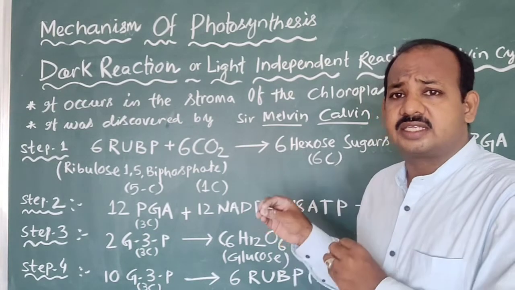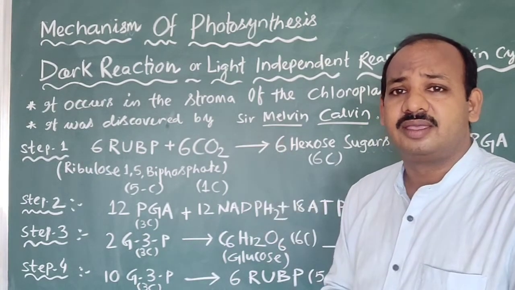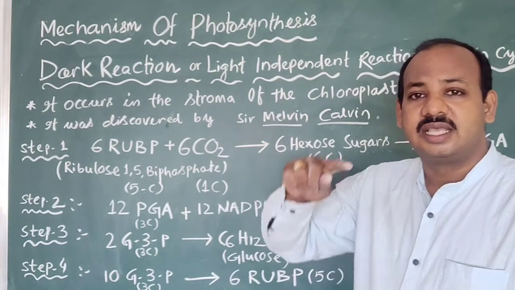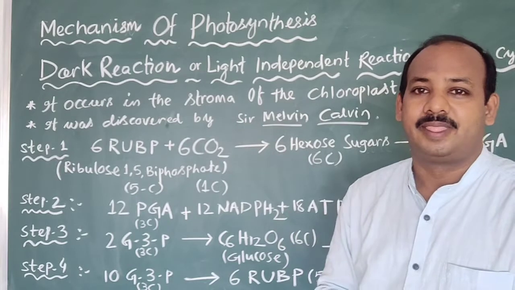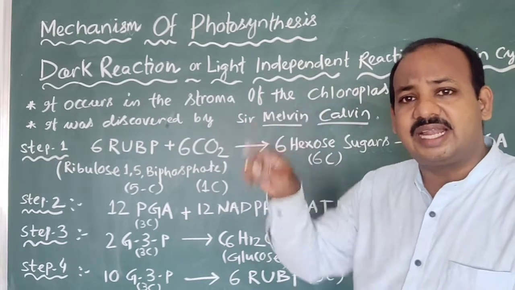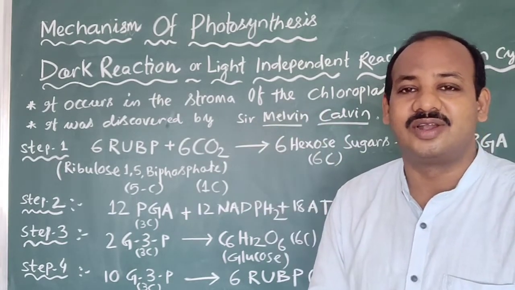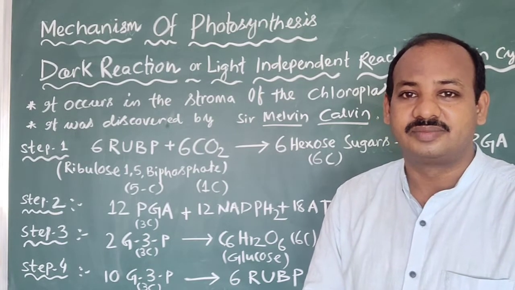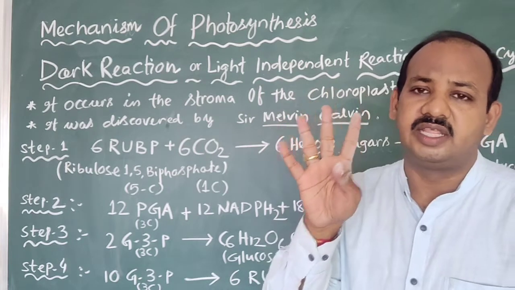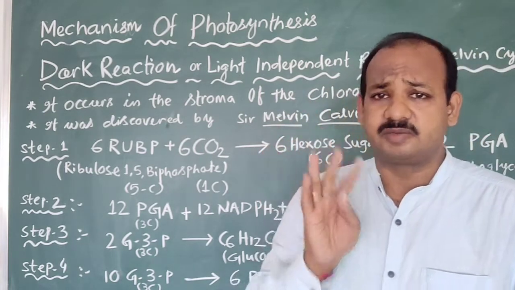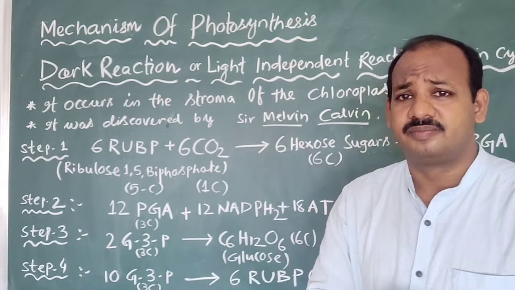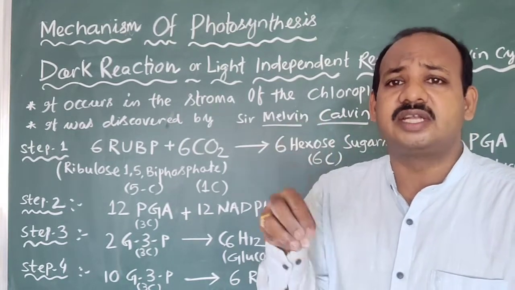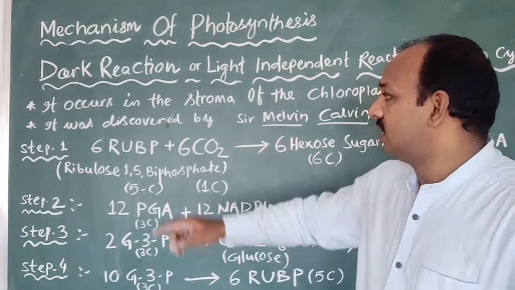All these reactions were discovered by Melvin Calvin. That's why this is also called Calvin cycle. This is a cyclic reaction. That's why it is called Calvin cycle. Okay, children? So dark reaction occurs mainly in 4 steps. I will explain. In the first step, there is a 5 carbon sugar already present in the stroma of the chloroplast, that is called